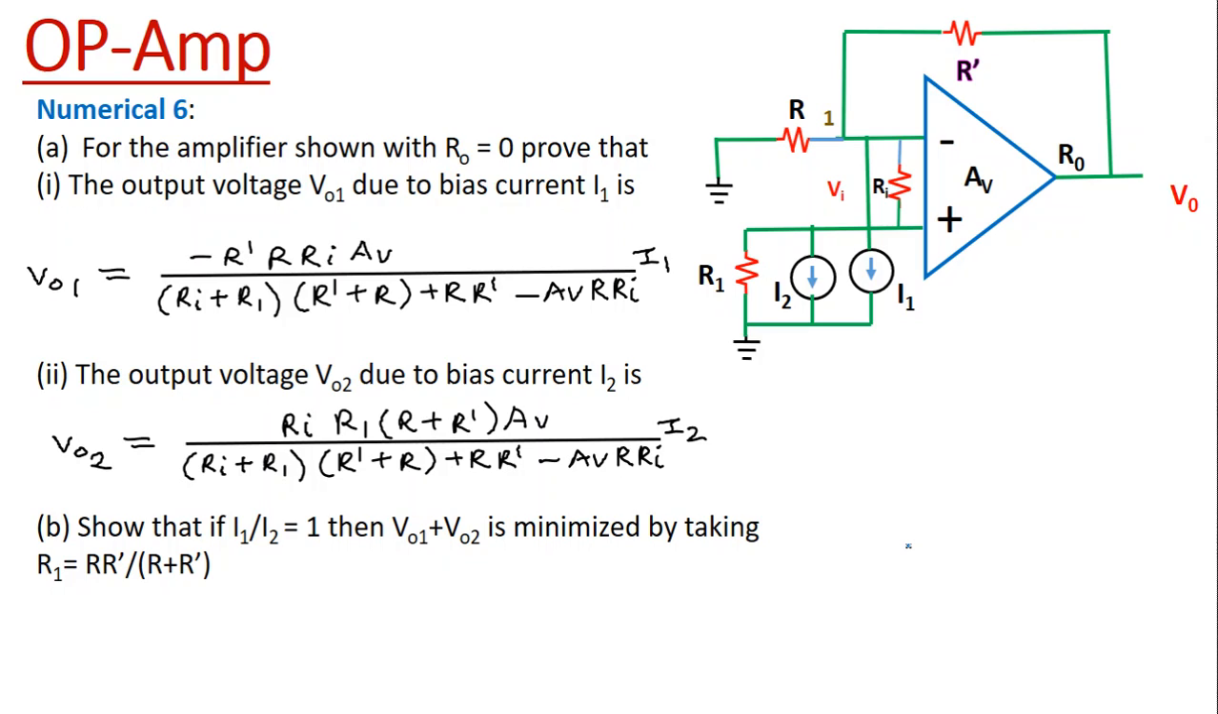So today's question is numerical number 6. The question is: for the amplifier shown with output resistance RO equal to 0, prove that